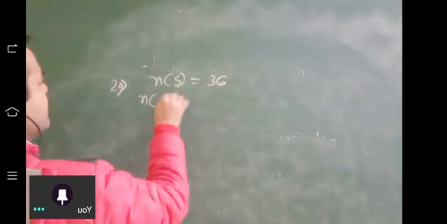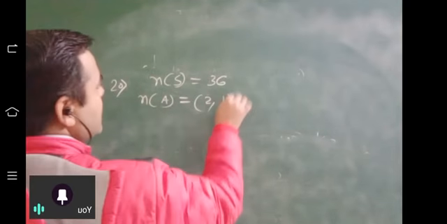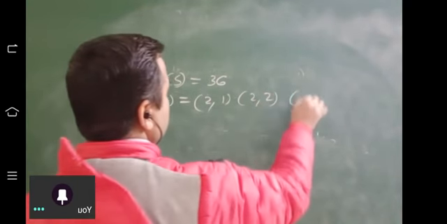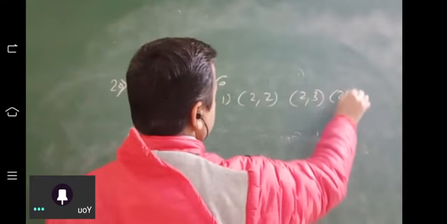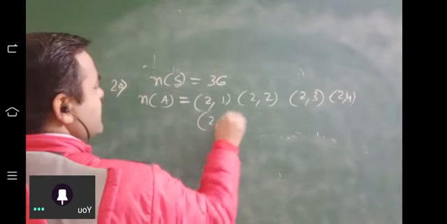Okay? Suppose the event is an even number on the first die. So if you are counting the probability of outcomes in which on the first die there is an even number, then the even number 2 will come. What can come with 2? With 2 you can have 1, with 2 you can have 2, 3, 4, 5, and 6.